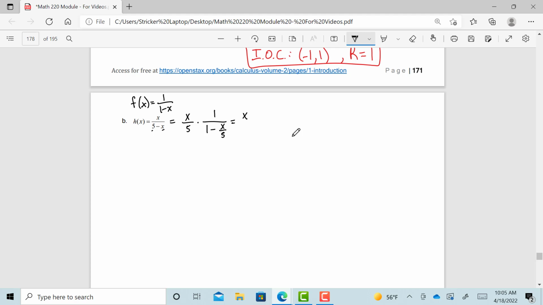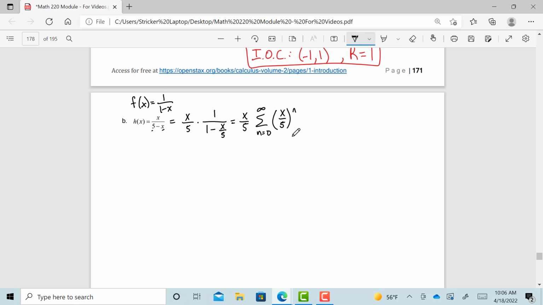So we have x over 5 times the sum, n equals 0, because the 1 over 1 minus x over 5 is our geometric power series, except instead of x to the n, it's x over 5 to the n, right? That is going to be equal to this power series